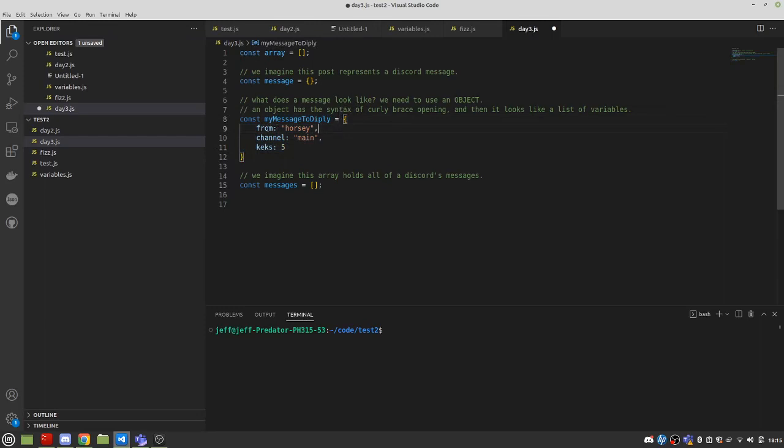And then each property has its own type, right? From is a string, as we can see here. Channel is also a string. It's the name of a channel. The kex is 5. Let's add the text. Hey, Dipley. Did you see this funny thing? And that's the message. And with that information, Discord could, if I put that in my array,